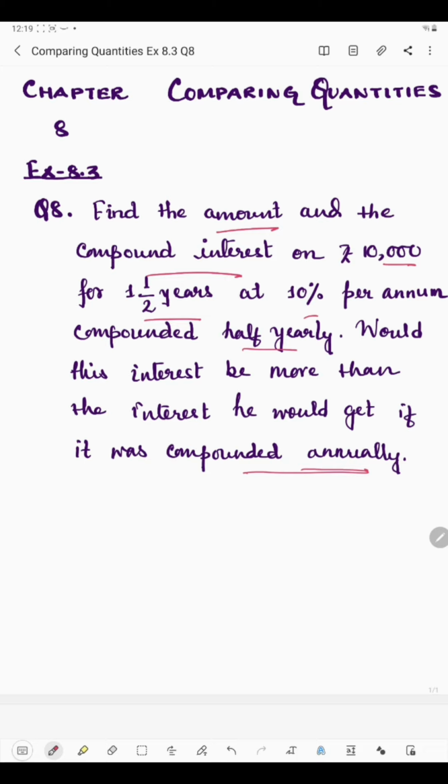So here principal is rupees 10,000, rate of interest is 10% and time is given 1.5 years. Since we are finding interest half yearly,